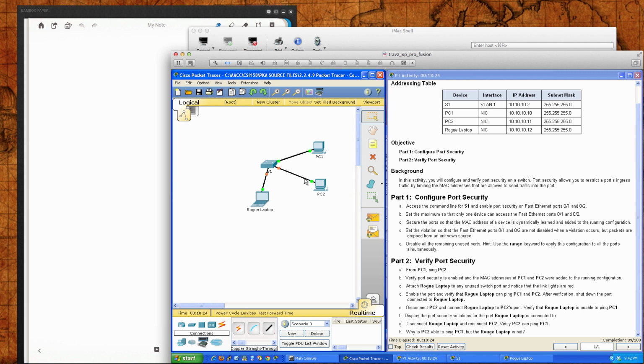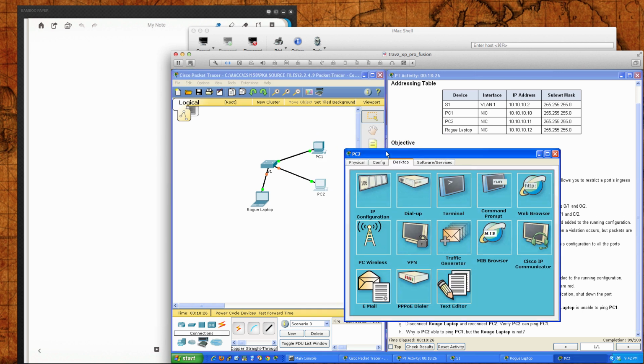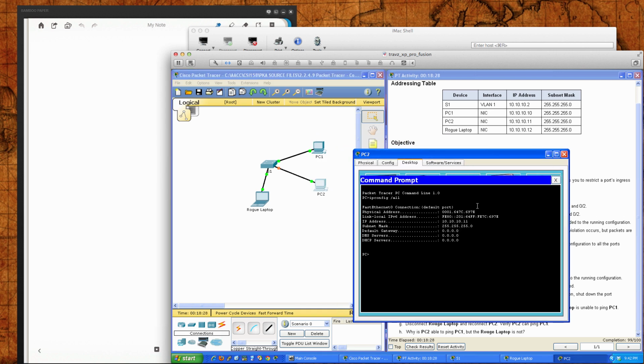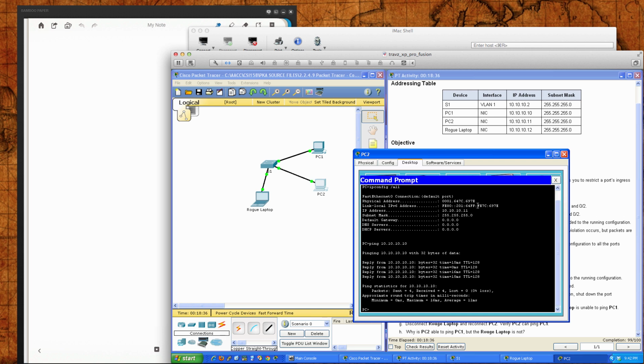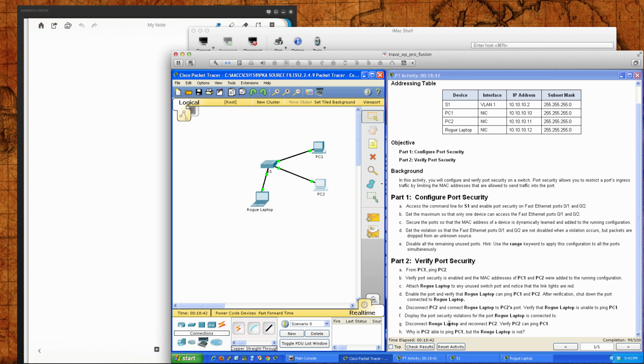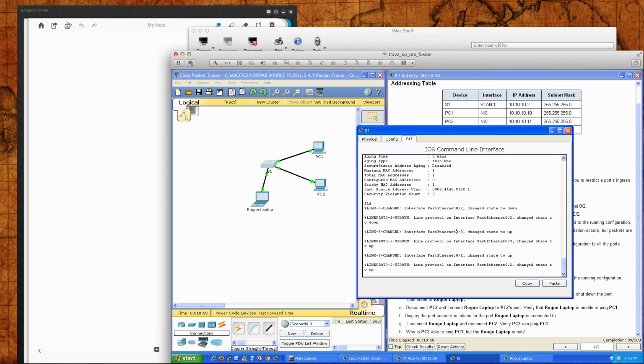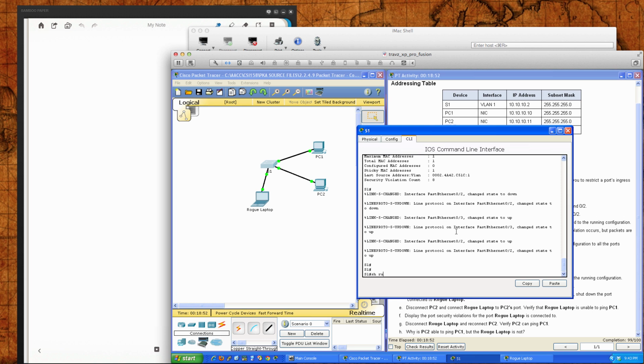As soon as this is finished, we'll pull up PC2 here, pull the command prompt up, and I'm going to ping 10.10.10.10. All right, so spanning tree is converged, and we are fully able to ping from PC2 to PC1. The reason that PC2 is able to ping PC1, but the rogue laptop is not, is because, again, on the switch, we'll take a look at